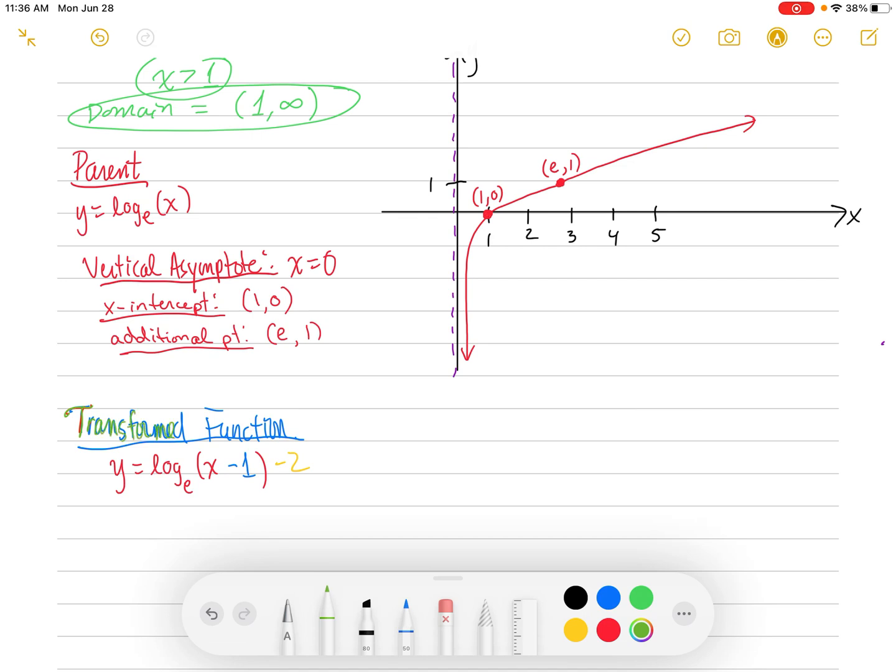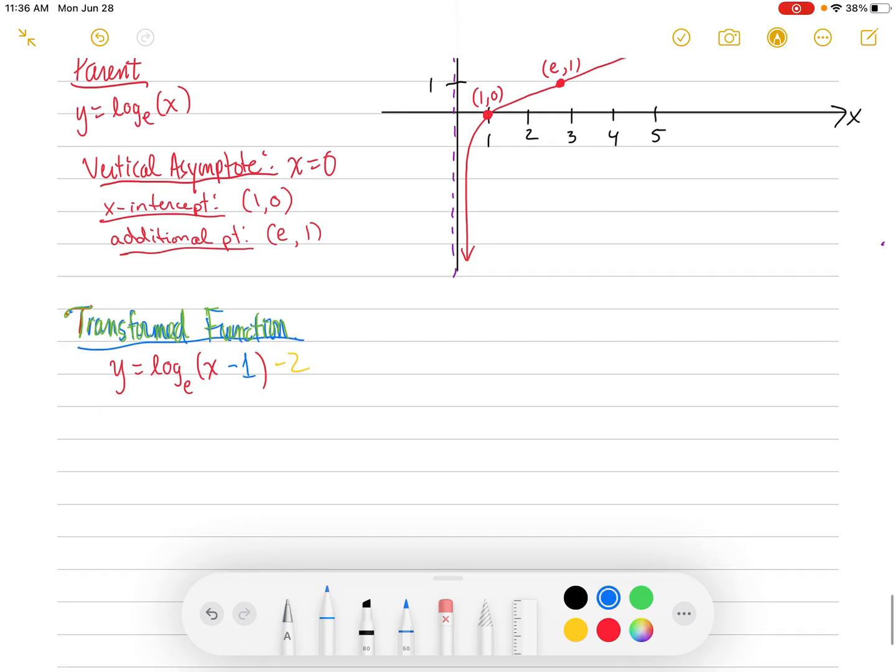Okay, so I'm going to do my transformations all in one step. Let's make this a green here. I'll call it my transformed